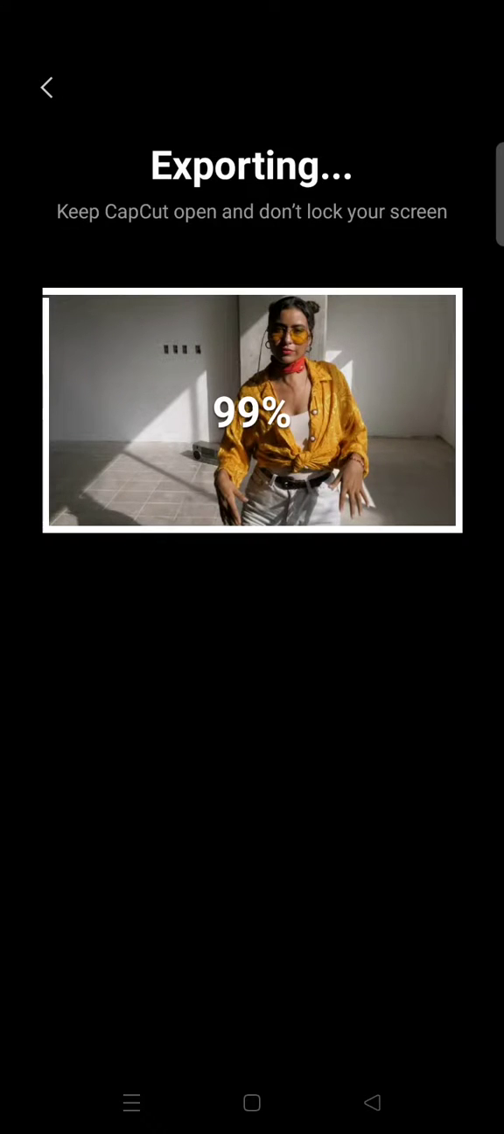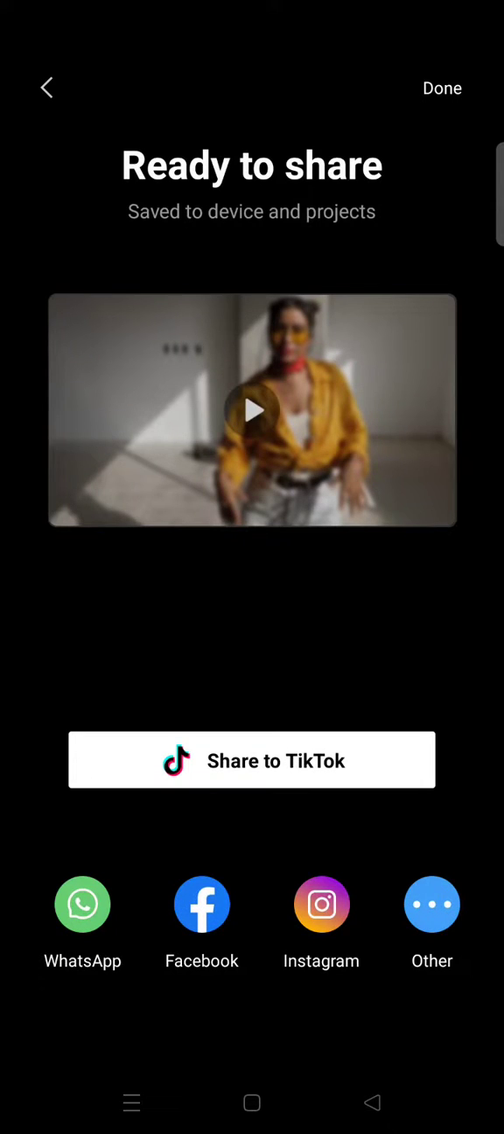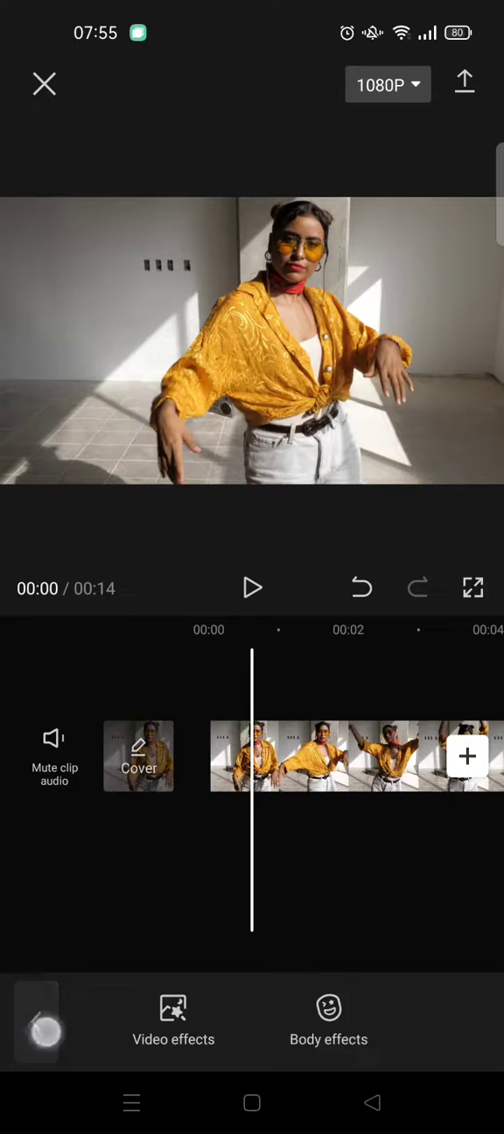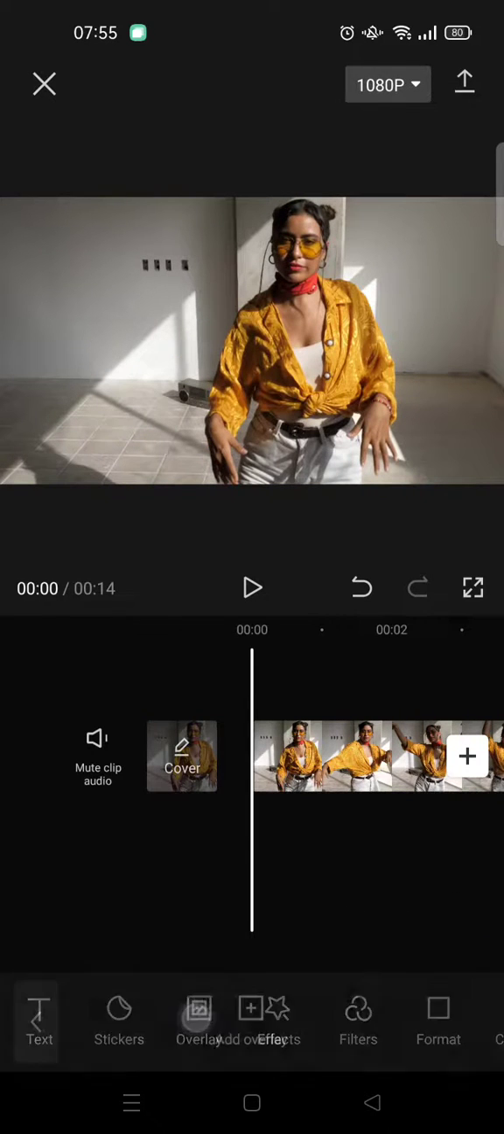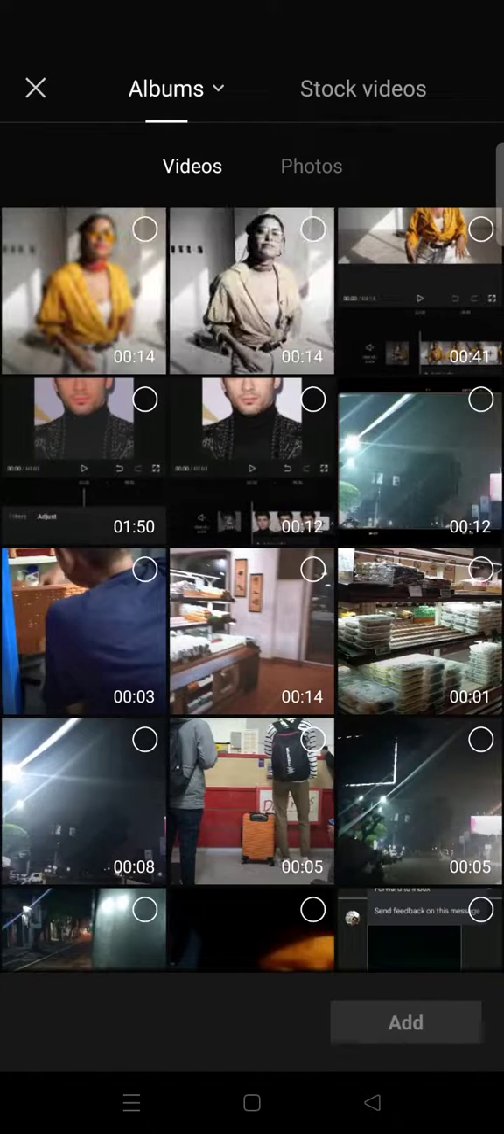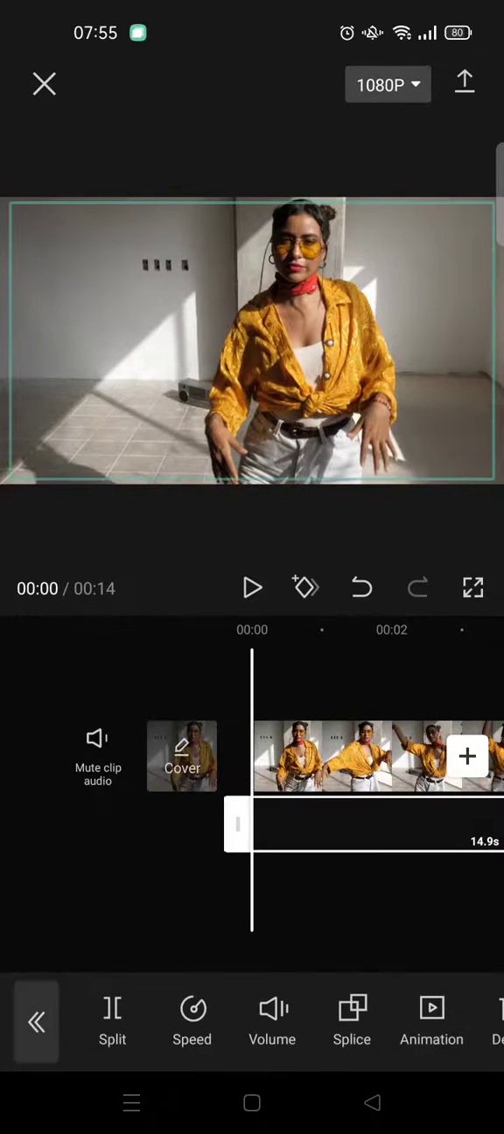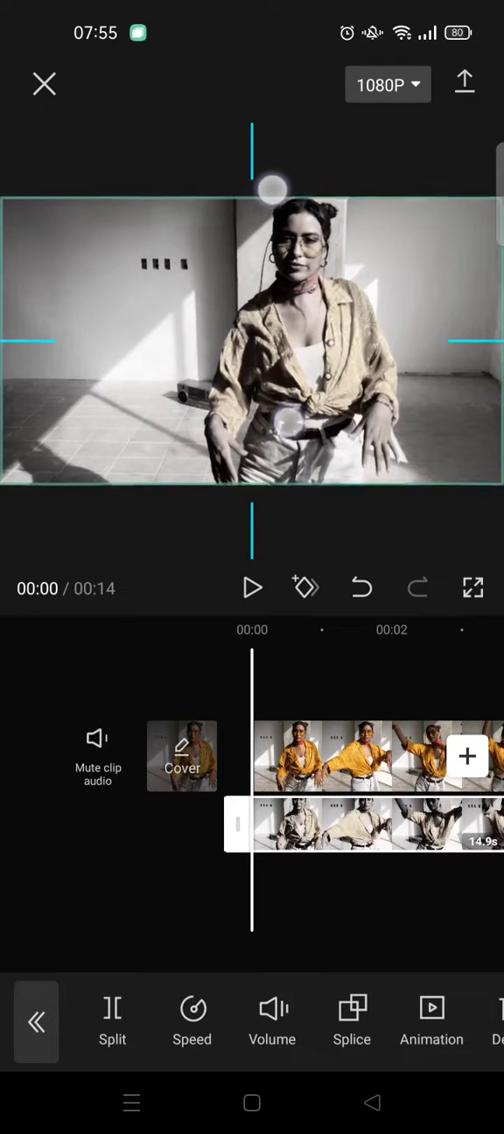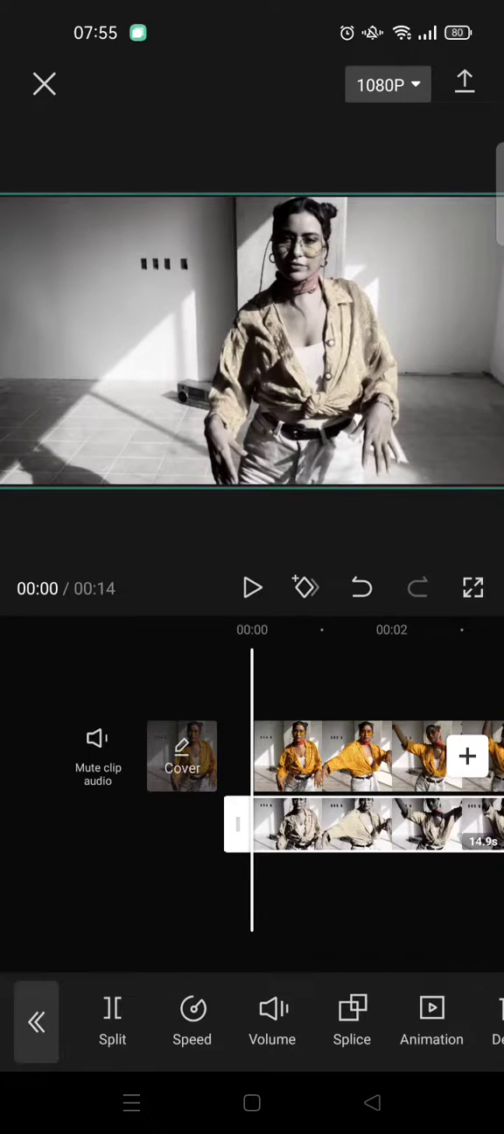Okay, so just wait. After it has been exported again, you can just go back and now delete the effects here, and after that click on overlay and add overlay. So add the first video you exported before, this one. Adjust the size until it fits the screen